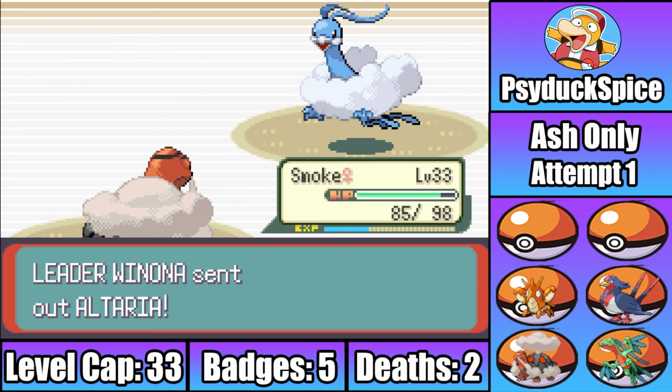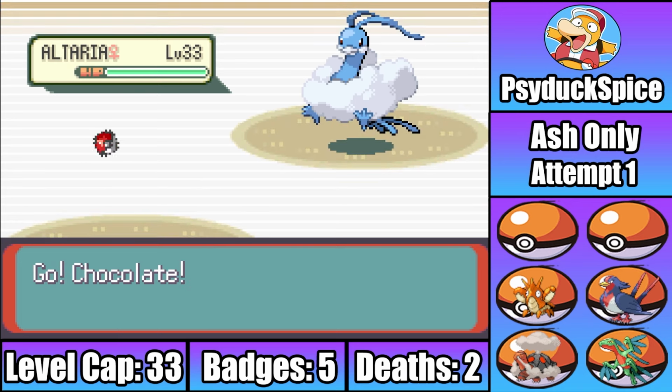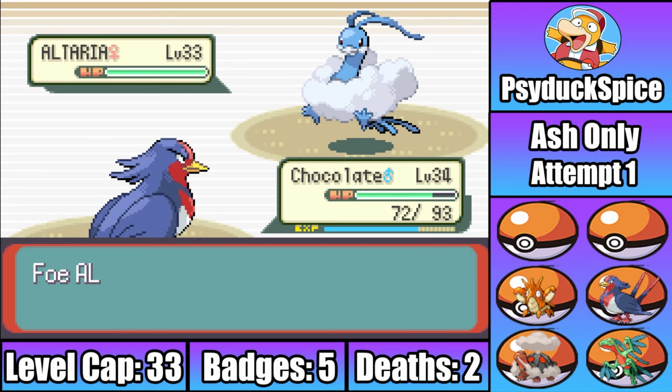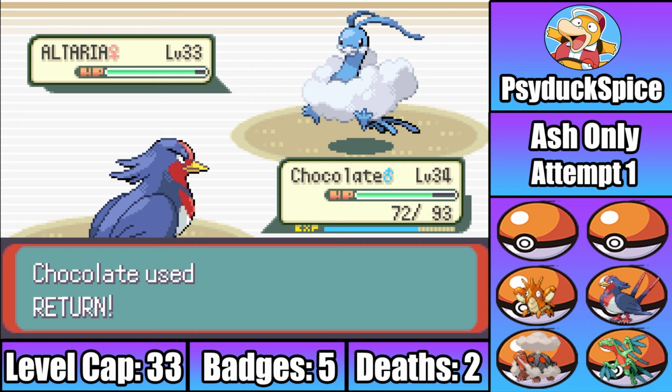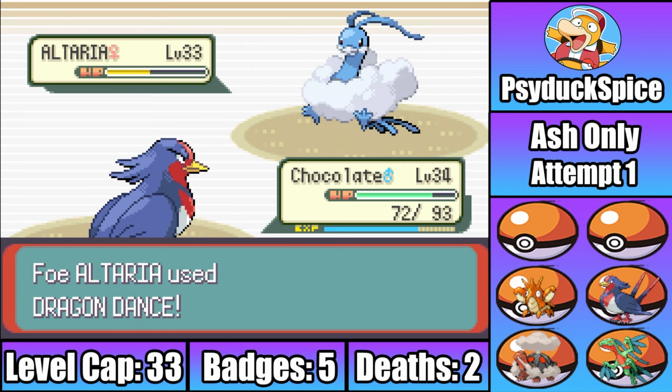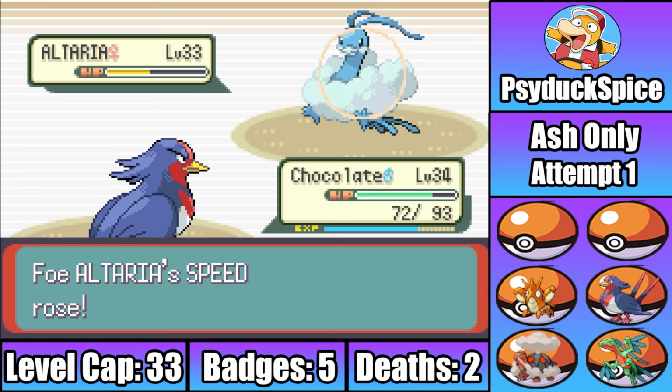All that leaves is Altaria, who is always a scary mon to deal with. This thing has Earthquake and Dragon Dance, so I've got to be careful. Of course I'm going to try and rely on my ace Chocolate, so I switch in on an Earthquake. A single return then does half, which is perfect as the Altaria sets up a Dragon Dance. I would now be in a perfect position to KO if the berry hadn't brought the dragon out of range